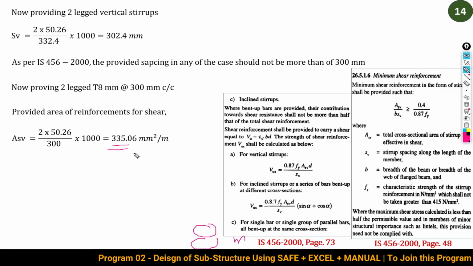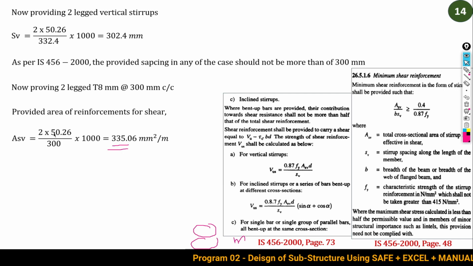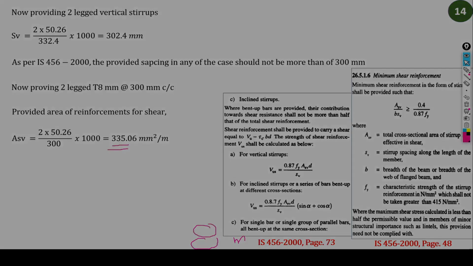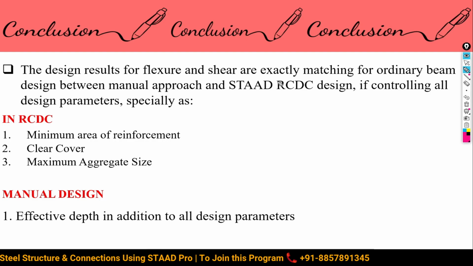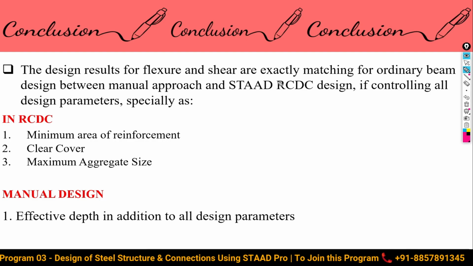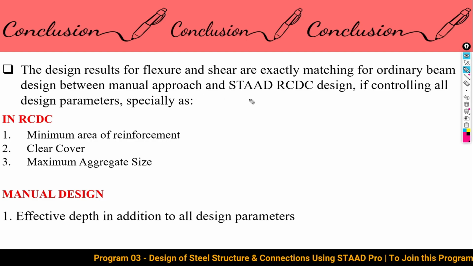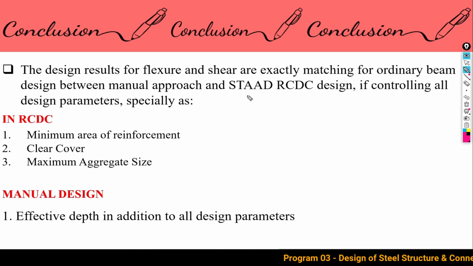beam. So overall your flexure design as well as your shear designs are matching with your manual calculation and with your STAAD RCDC. Now the final conclusion of this study is the design results for the flexure and shear are exactly matching, as we just have seen for the ordinary beam design, between the manual approach and the STAAD RCDC approach for the designing of the beam, and it is possible to match the result if you are controlling all the